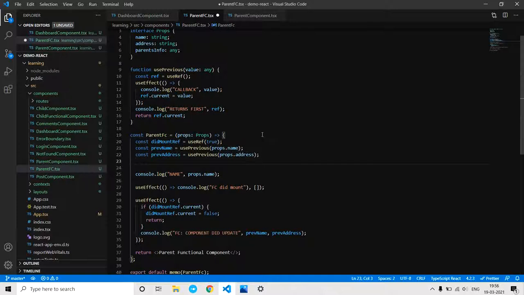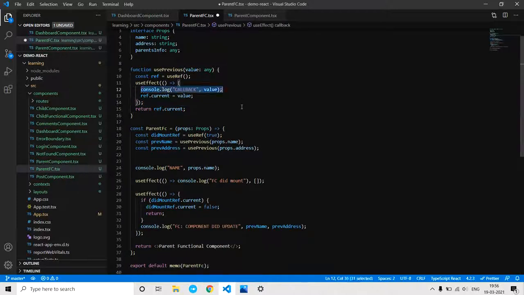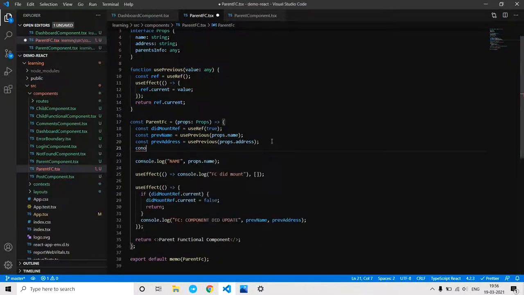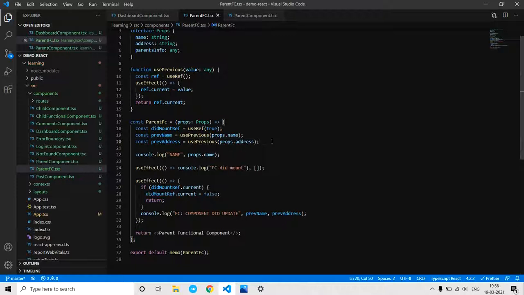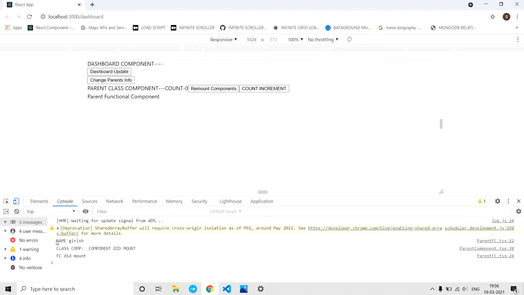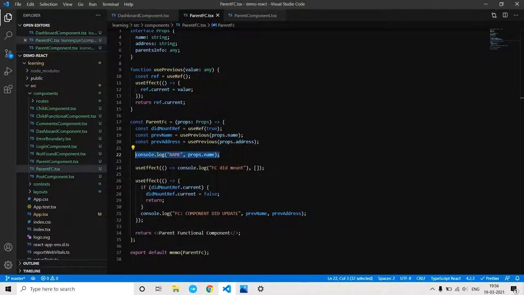Let's delete these consoles and see whether this code is working or not. I think I already consoled the prop name as you see here. So for the first time obviously it is Girish.